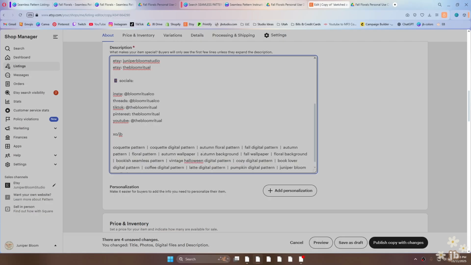So if you're copying your listings, just make sure to go through, like right here I have vintage Halloween. This is not a vintage Halloween. I think I was just going for popular words at the time, and vintage Halloween was trending when I uploaded it, but I don't recommend doing that. Fall floral digital pattern,